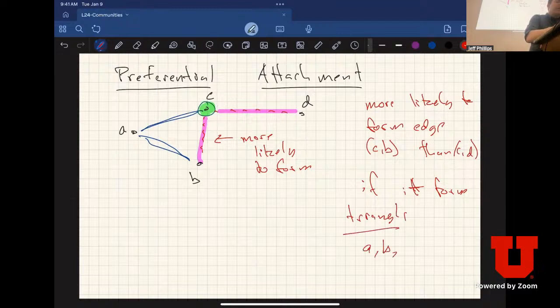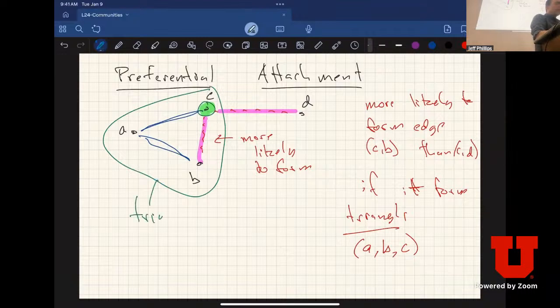A, B, C. A triangle is what happens here. This is a triangle. You probably know what a triangle is. It's a shape with 3 vertices and 3 edges, right? But in a graph, we call it a triangle if it's 3 vertices that have all pairs of edges. In this case, it's only 3 edges. So this triangle structure in a graph turns out to be very important. You're likely to form these triangles. You're more likely to form a new edge to something that will complete a triangle than something that will not